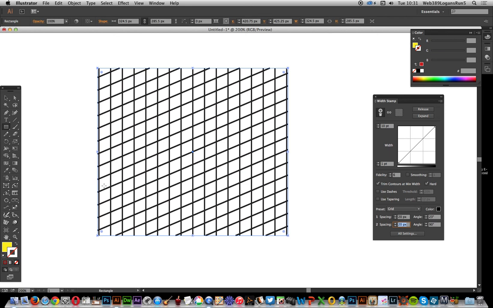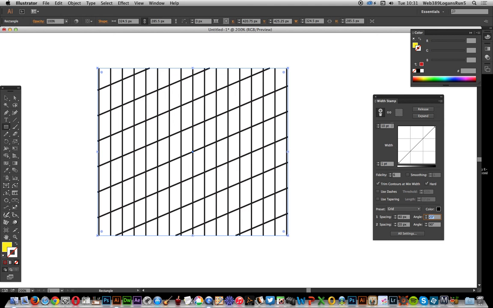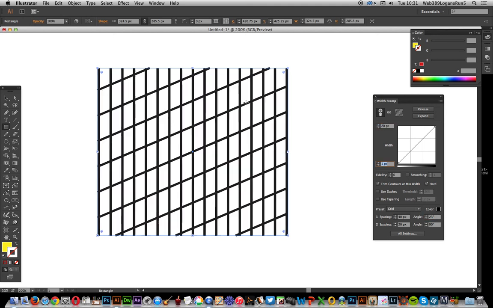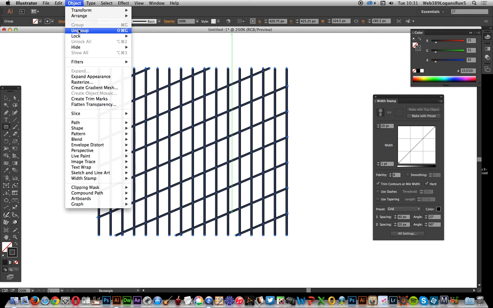Now they're just basic paths, so at any point, once you've decided that grid is nice or exactly what you want, say change the spacing, and I'm just going to increase the size, so 20, so you make it thicker lines. You can say at that point expand, so expand it, and now you can also modify each of those individual parts. So ungroup,